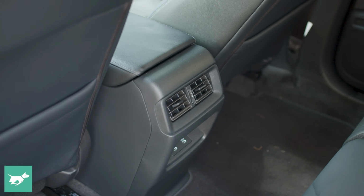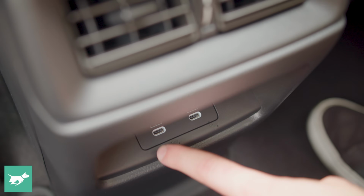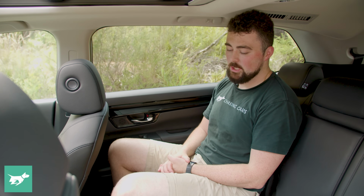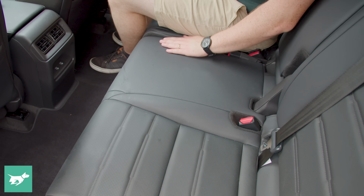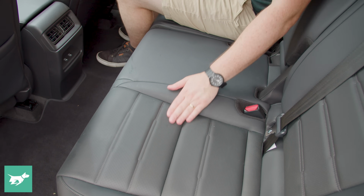And as far as other amenities, look, we've got some air vents down here, a little bit small, but they'll do the job. And we've got 2 USB-C charging points, which should be pretty speedy to top up those devices. It's also a pretty genuine 3-row proposition, this one. You've got a flat floor, and this middle seat is quite wide. And the back seats themselves actually do have a good amount of shape to hold you in place and keep